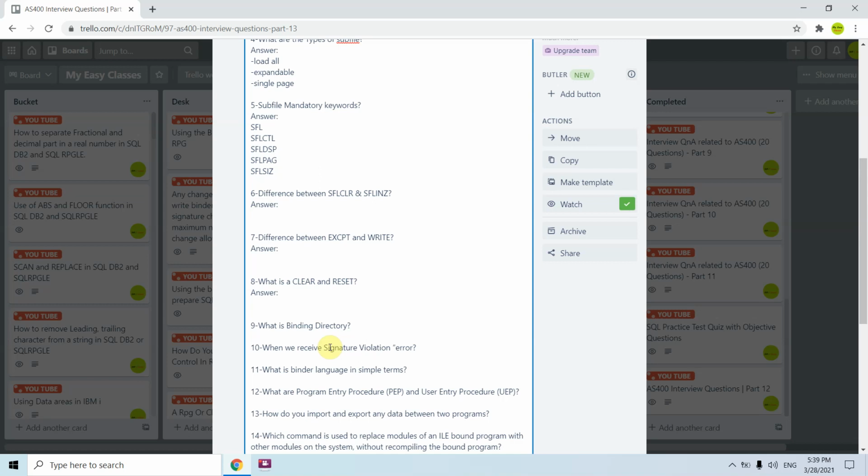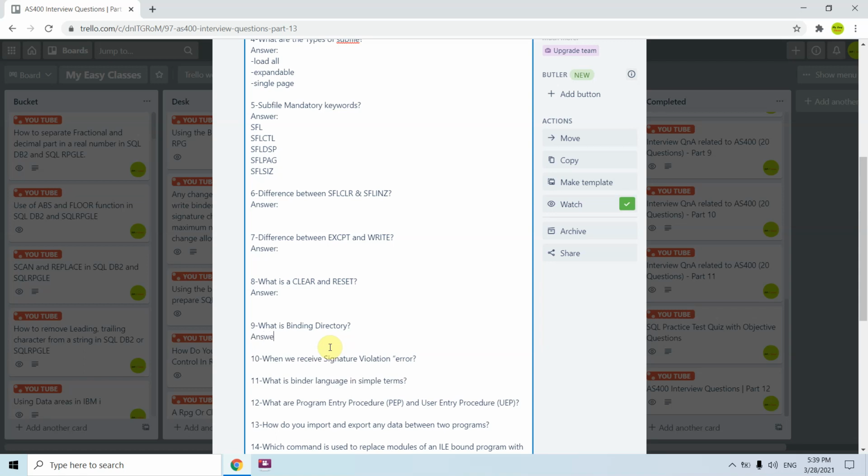But if you clear it, it would be set to blank. So if you want to keep the value as either n or y, you need to use reset, and you have to initialize the value with n at the start. That's the difference between these two.